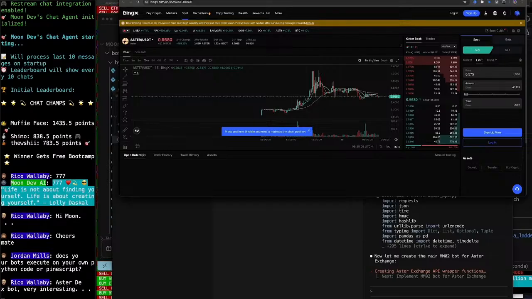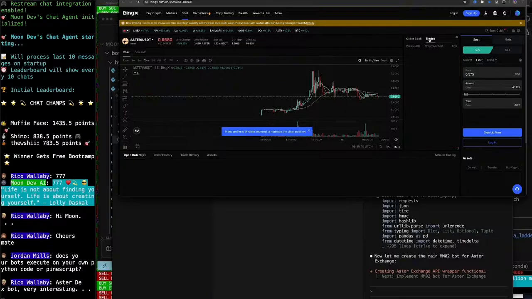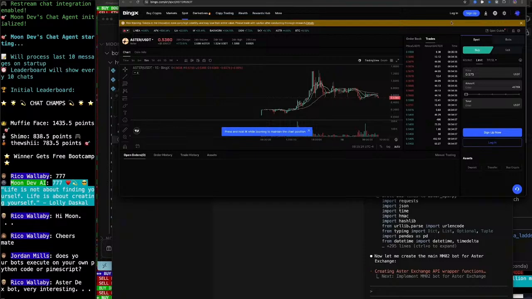Aster USDT. Are there trades going through? 834. Not a lot of trades going through, so maybe not a lot of volume. 1.52. 135. 18. That's an arbitrage. Pretty sure. But